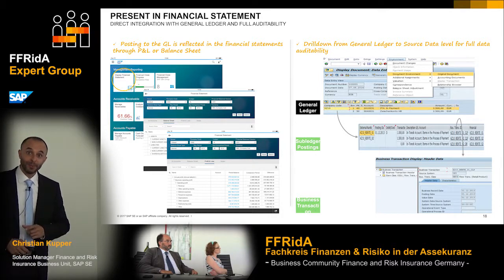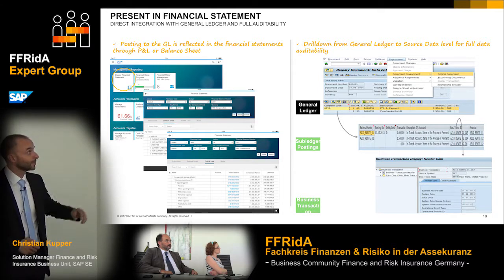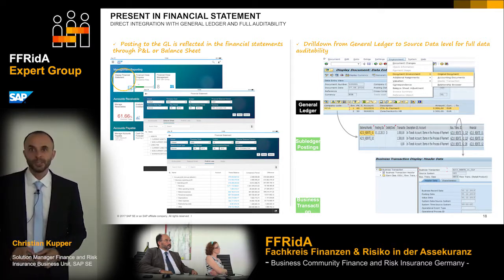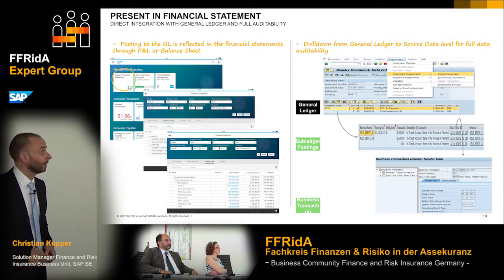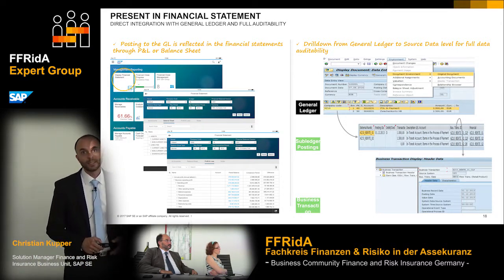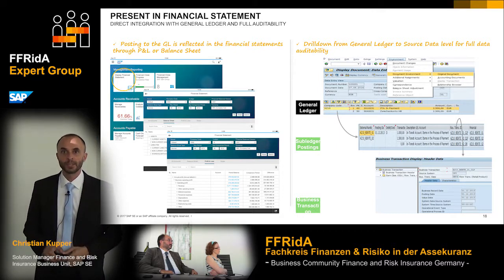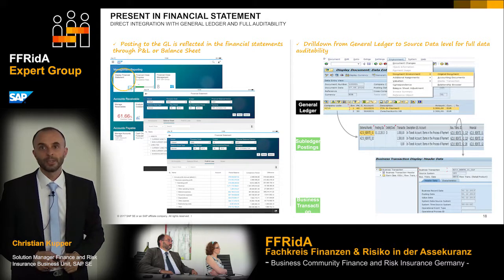Leaving the subledger for a moment to look at how it looks in the general ledger. On the left side you see the latest version of our S/4HANA general ledger with the new HTML5 based user interface for Fiori, so you can display that. If you prefer the classical view on the right hand side, you can always drill down, so the general ledger experts will recognize it. You can check the debit and credit entry.